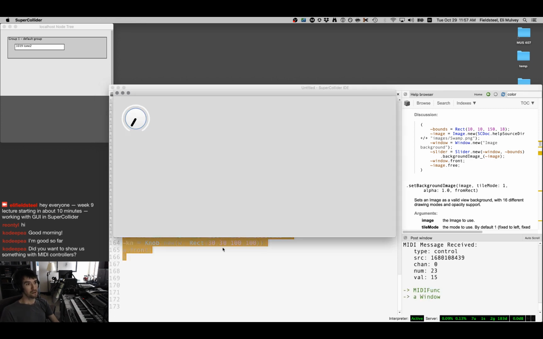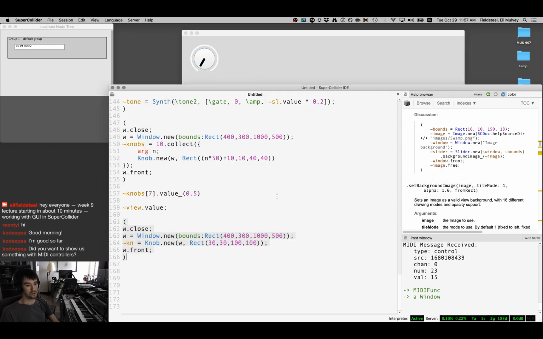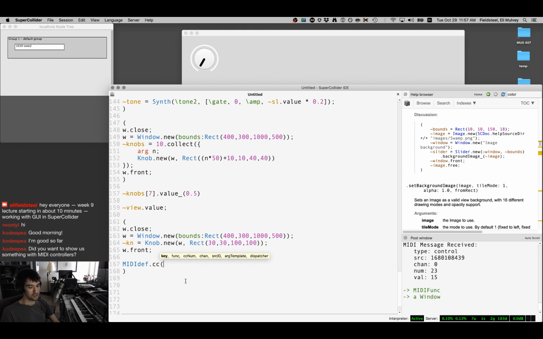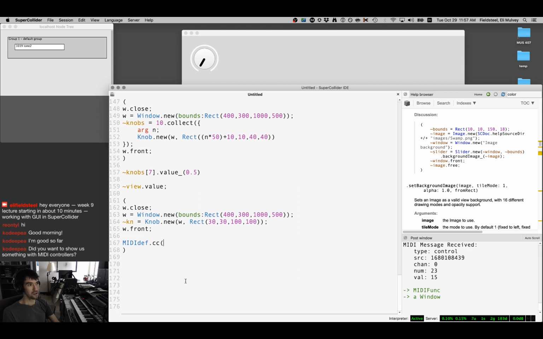We'll make our window here. We'll just tuck that away. And I guess we can put this in the same clump. There's no harm. MIDIdef.cc. This is going to be a control change MIDIdef. We'll call it move knob. Arg value. We could pass in number and channel if we want. It doesn't hurt. And we are going to say kn.value is equal to